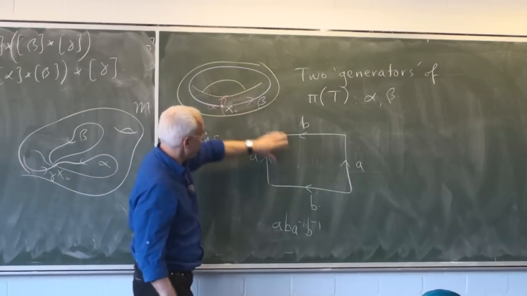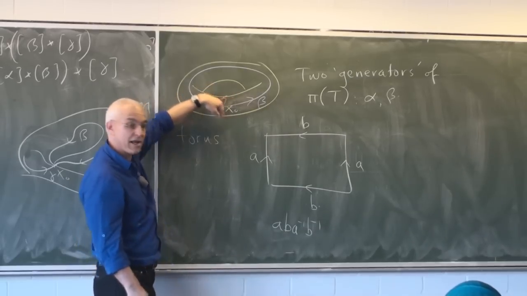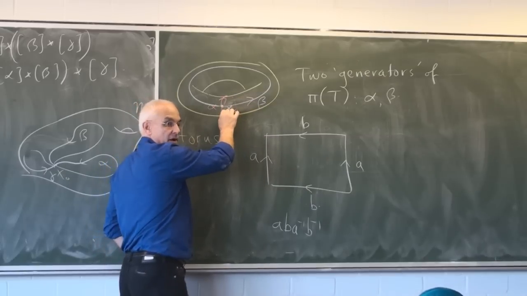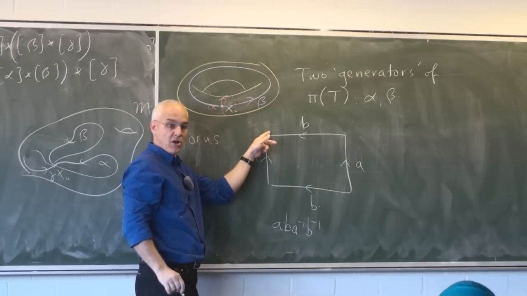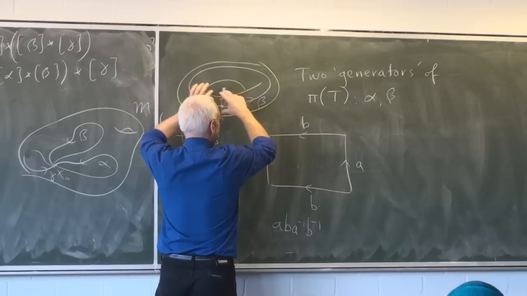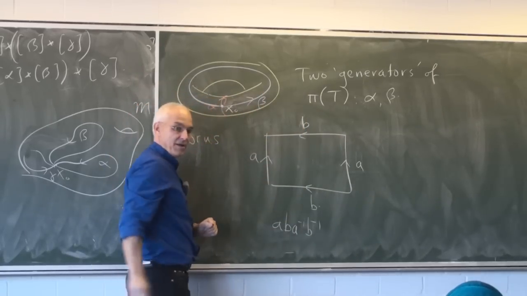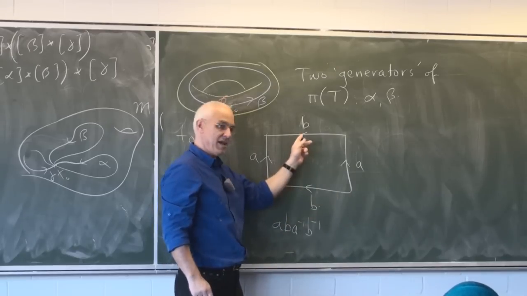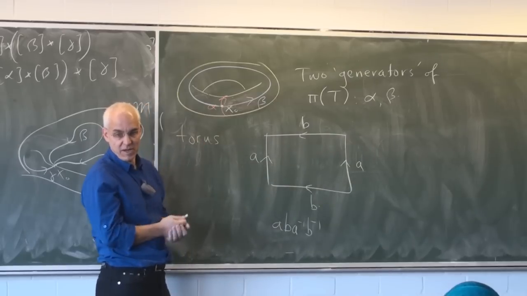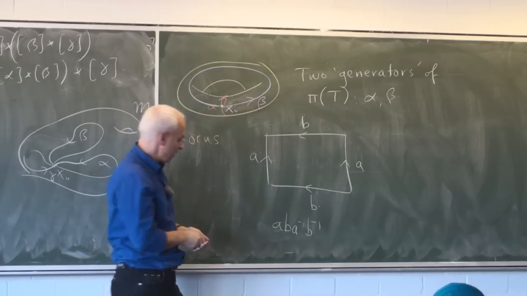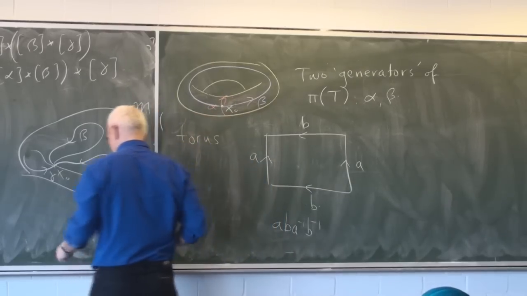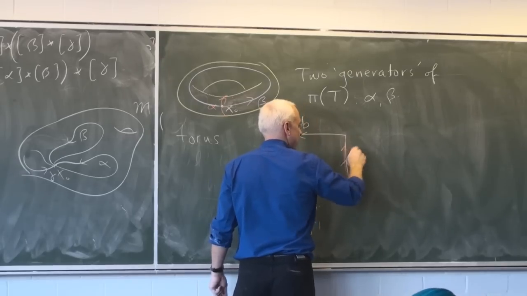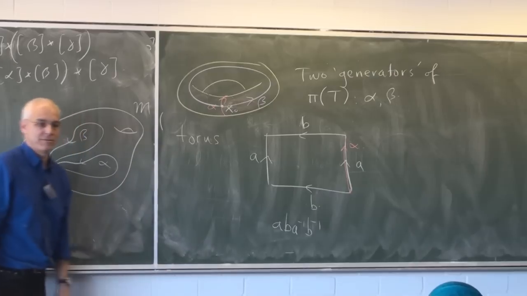And how do we get from here to here? Well, we just slice this torus, in fact, exactly along those two loops that I've just drawn. Right? If we first cut along alpha, that would be exactly the edge, say, that we could call A. And we could take that tube and fold it out to get a cylinder. And then if we sliced along beta, that would be just like slicing along B. So A and B here, these edges correspond to the loops alpha and beta that we've drawn. In particular, you can represent alpha by, say, this path. This path that I've just drawn here is really alpha.